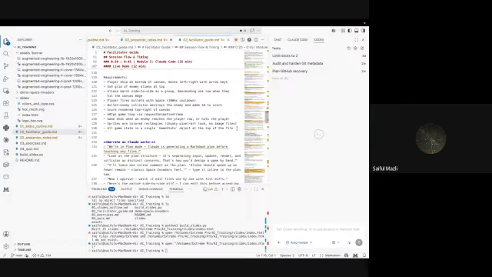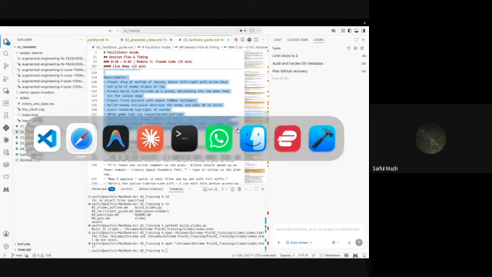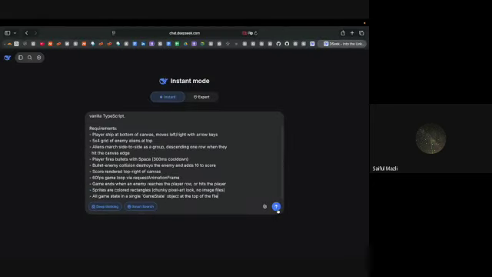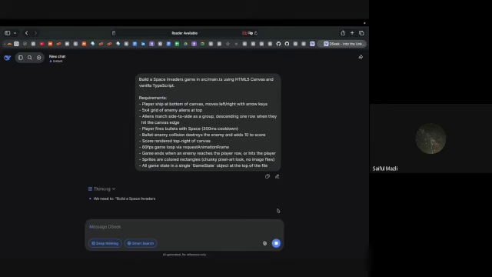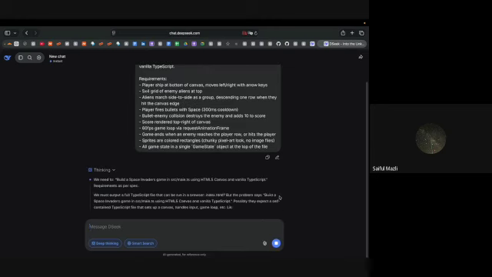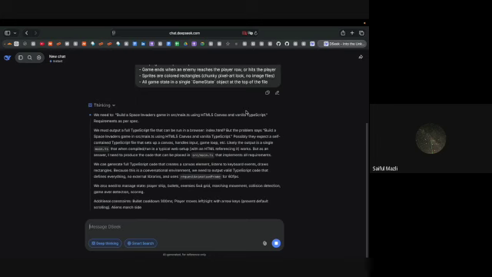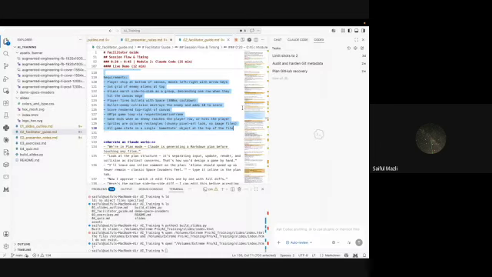Here's the prompt. You can go to DeepSeek. Right now, that's a simple prompt that you would do, and DeepSeek will be running in the background doing that Space Invaders game.